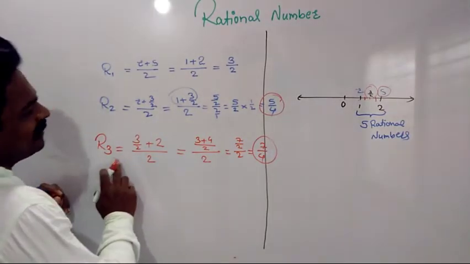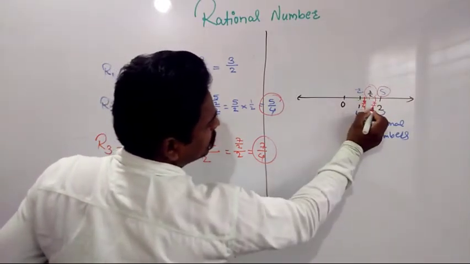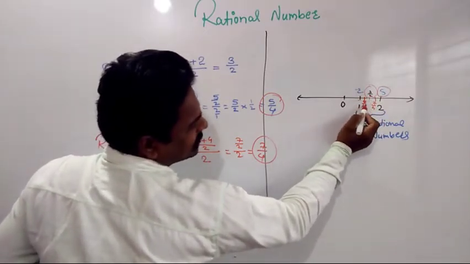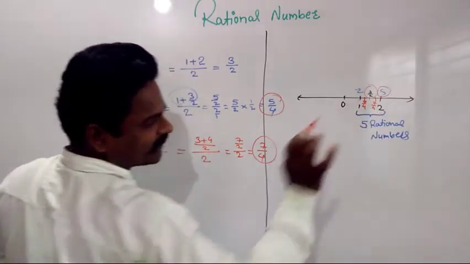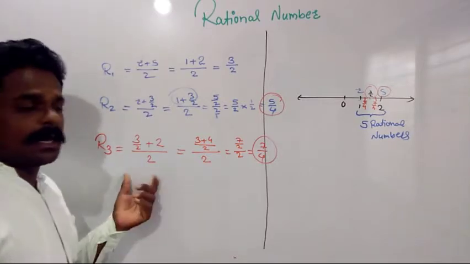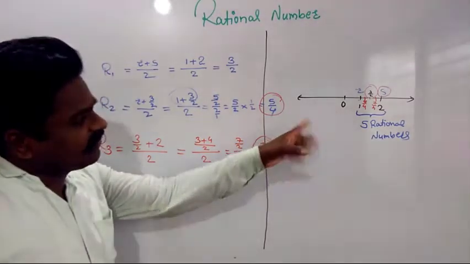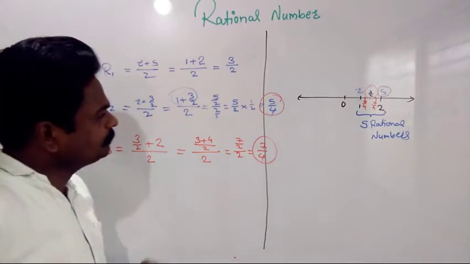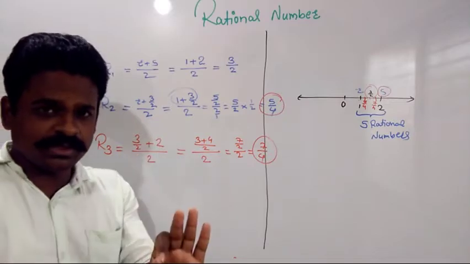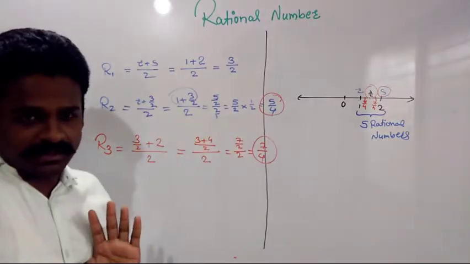Now, we will add them. This is 5 by 4, correct? And this is 7 by 4. Now, we will add 5 by 4 and 3 by 2, divided by 2; 3 by 2 plus 7 by 4, divided by 2; 1 plus 5 by 4, divided by 2; 2 plus 7 by 4, divided by 2. So many numbers, infinite numbers you can find here. In case of this question, we were just asked to find 5 rational numbers. Okay, no problem. Now this is the regular method, which is the first method, to find the rational numbers in between any two numbers.